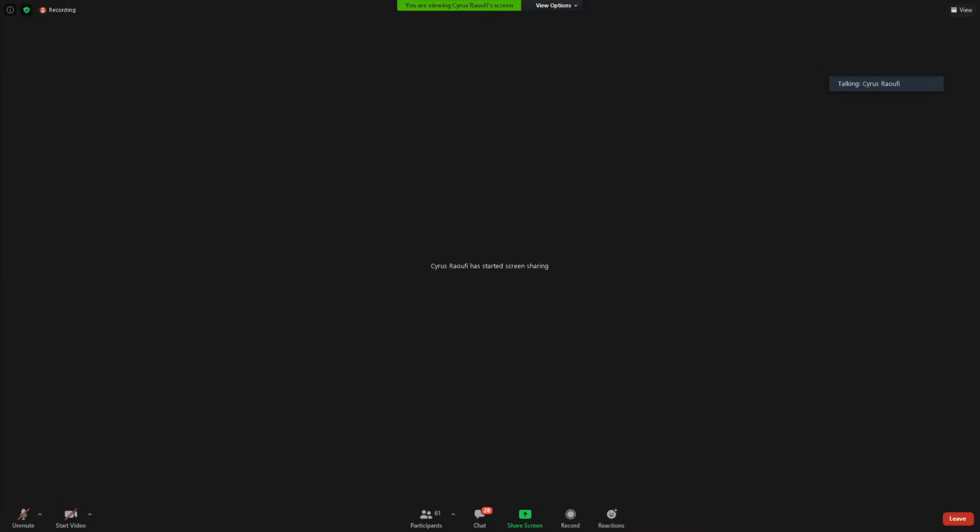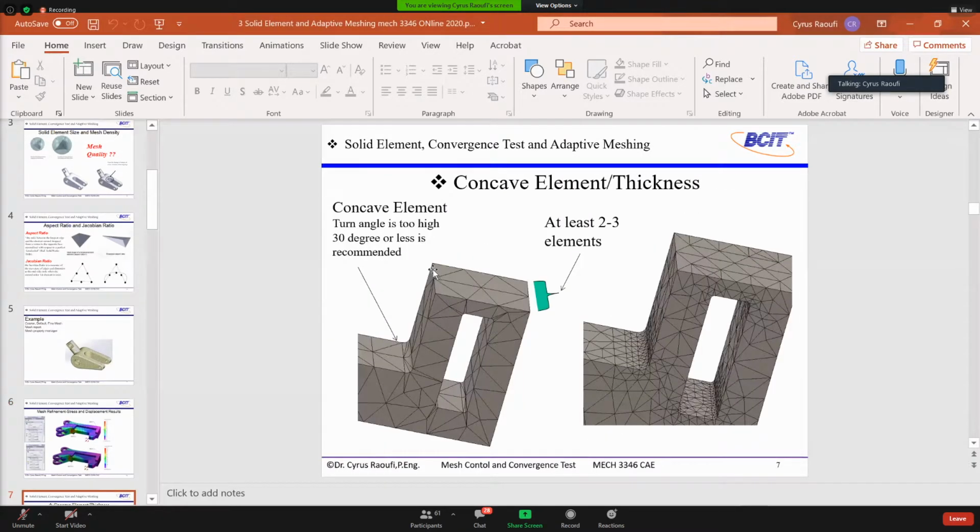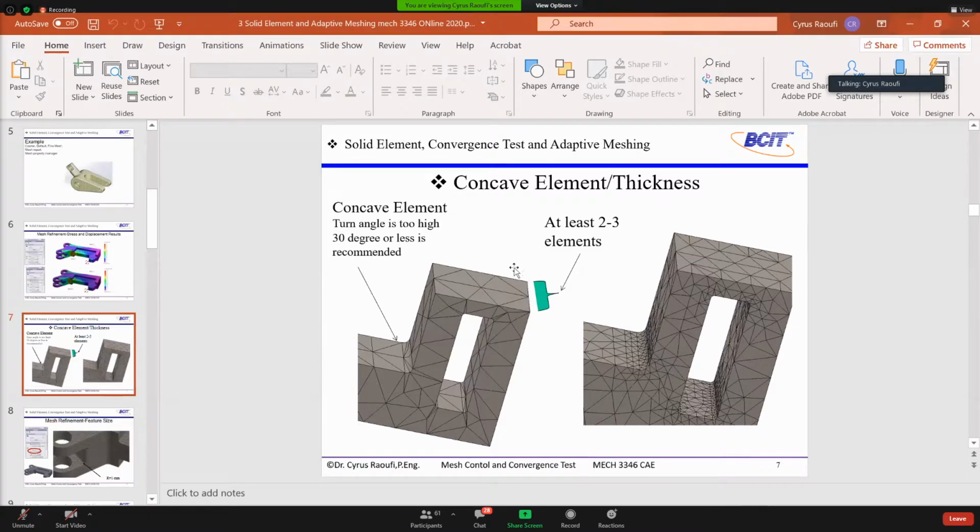Now, as you see, I think I mentioned that one. If you do mesh refinement, a stress result is sensitive, but the displacement result is not sensitive. We talked about that one. Now, a couple of rules of thumb are good to know. The recommendation is,